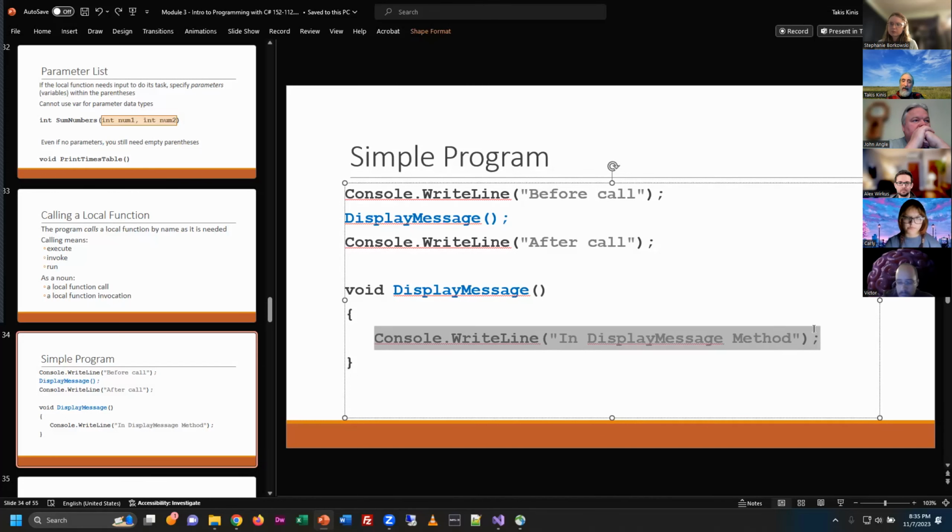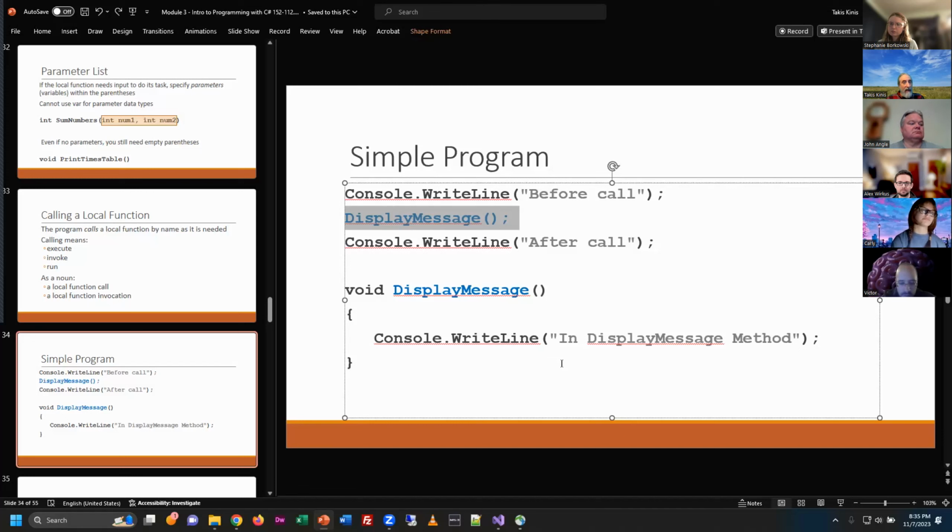Yes, I realize you could just take the line I highlighted and put it right here and it would do the same thing. But what if this displays the names of all 50 states? Oh, that would be cumbersome. I wouldn't want to have to rewrite that code every time. Right. So this could be a bunch of messages. So it hits this spot in the code. It's calling the function. It looks in scope to see if it can find it. If it finds it, it does whatever task is listed here